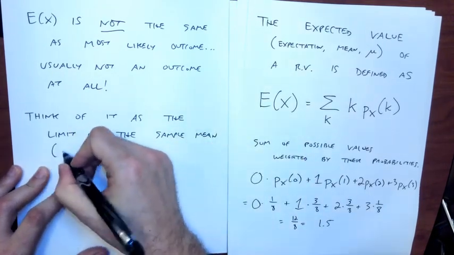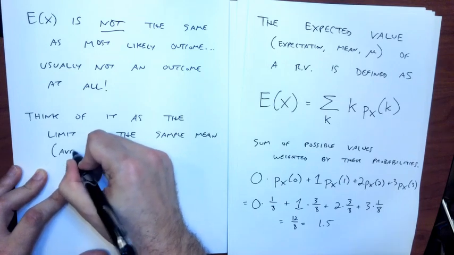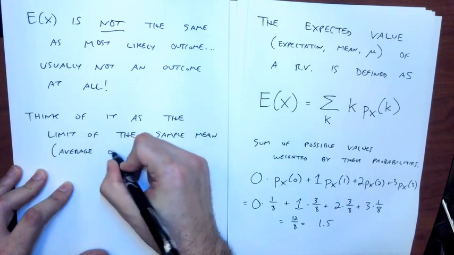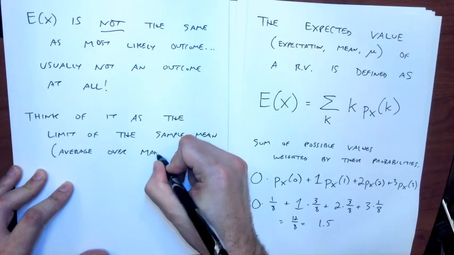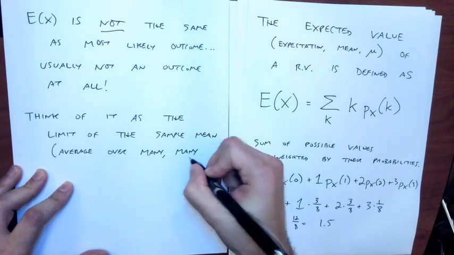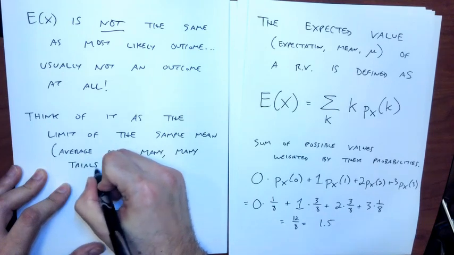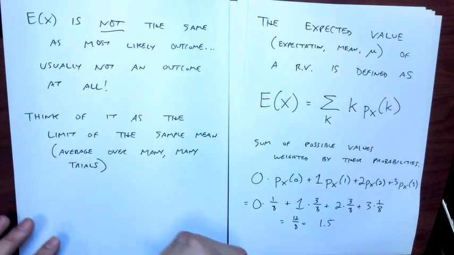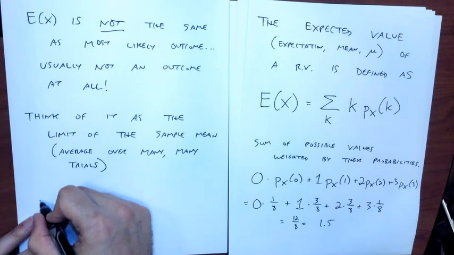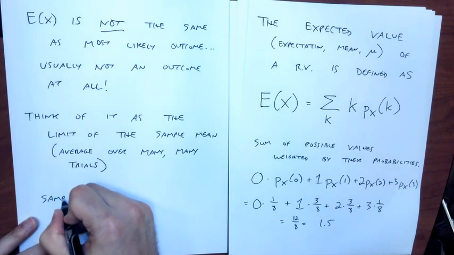That is the average over many, many examples or trials, right? So for example, in this flipping case, the sample mean